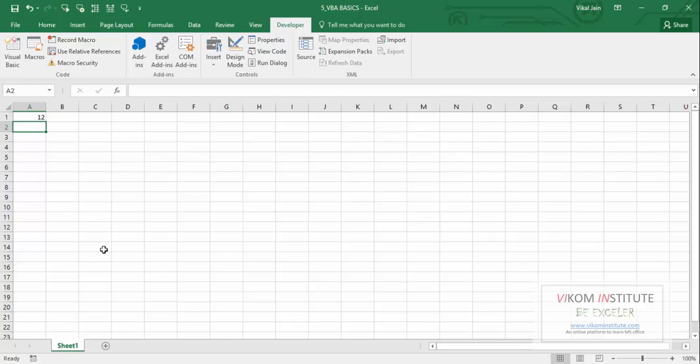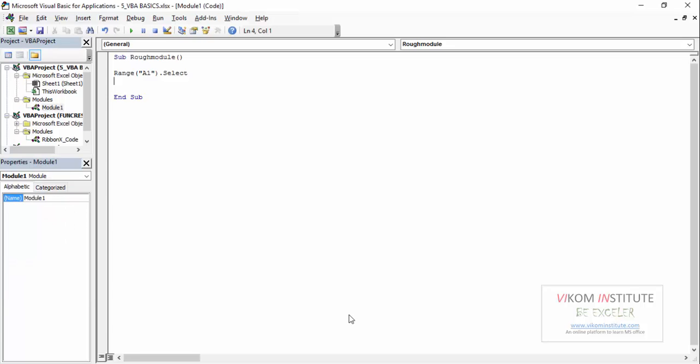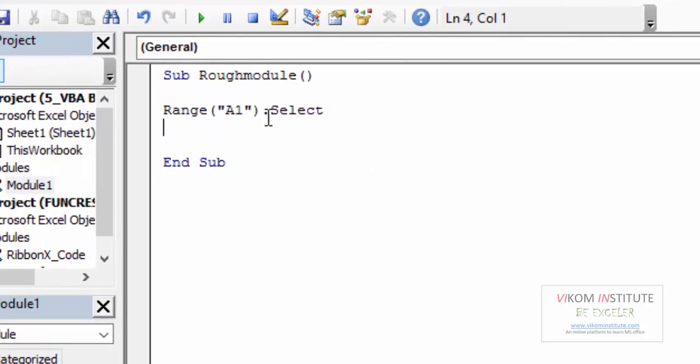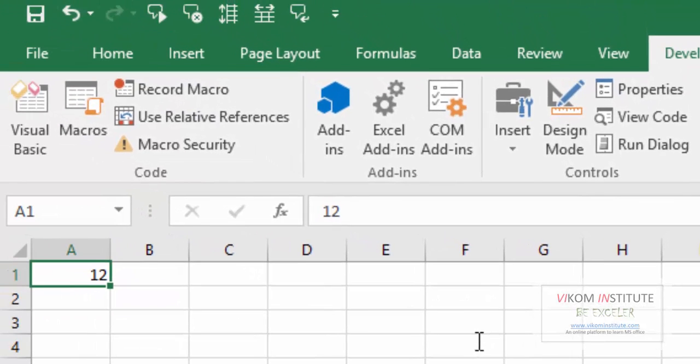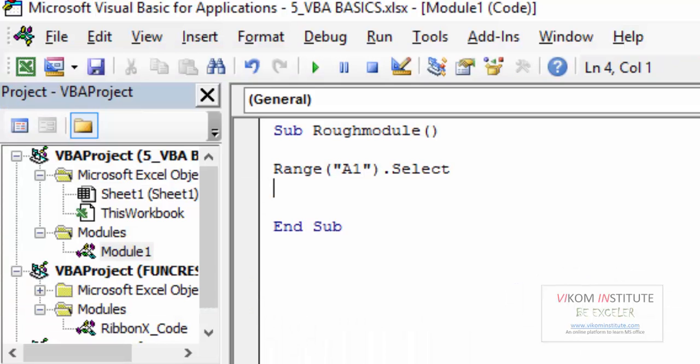So you have to tell VBA, please Mr. VBA, select my A1 cell like this, and for selecting you have to use the dot notation which I have used here. Range A1, Mr. VBA, please select my range A1, then the value should be 12 in that cell. Okay,